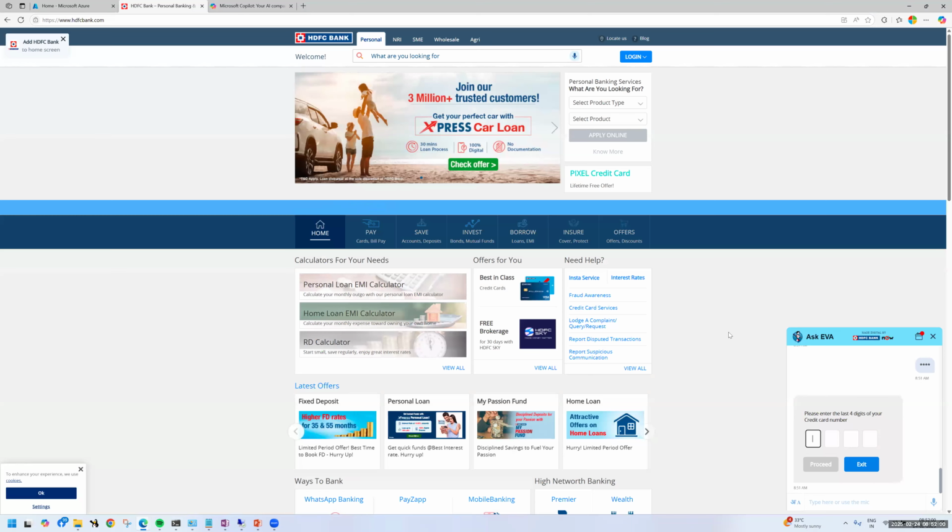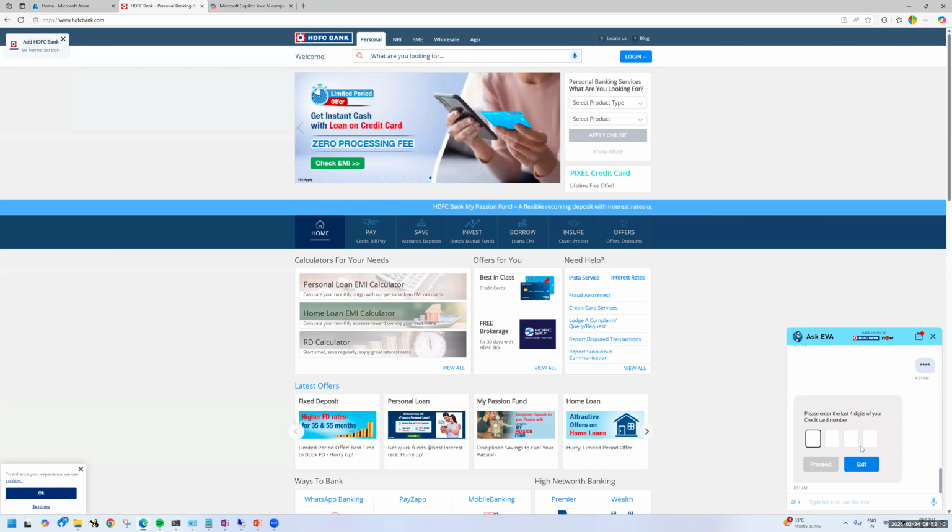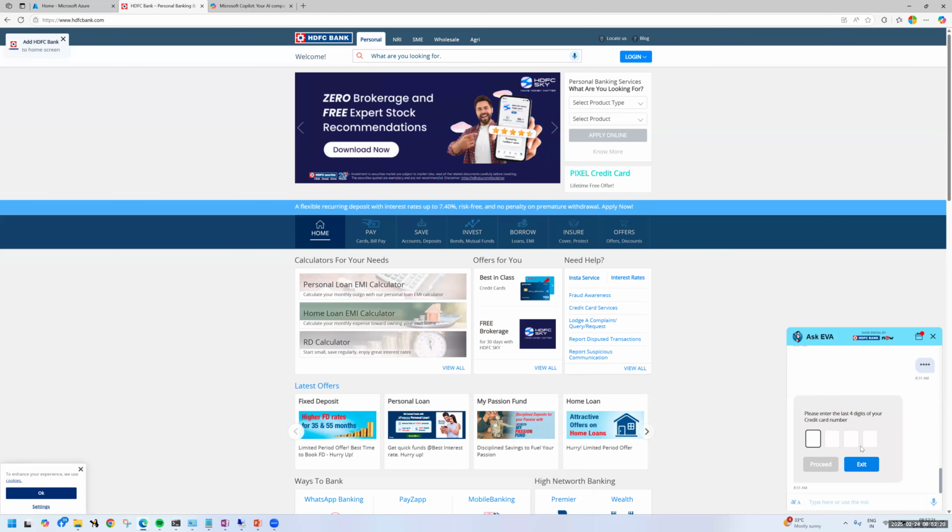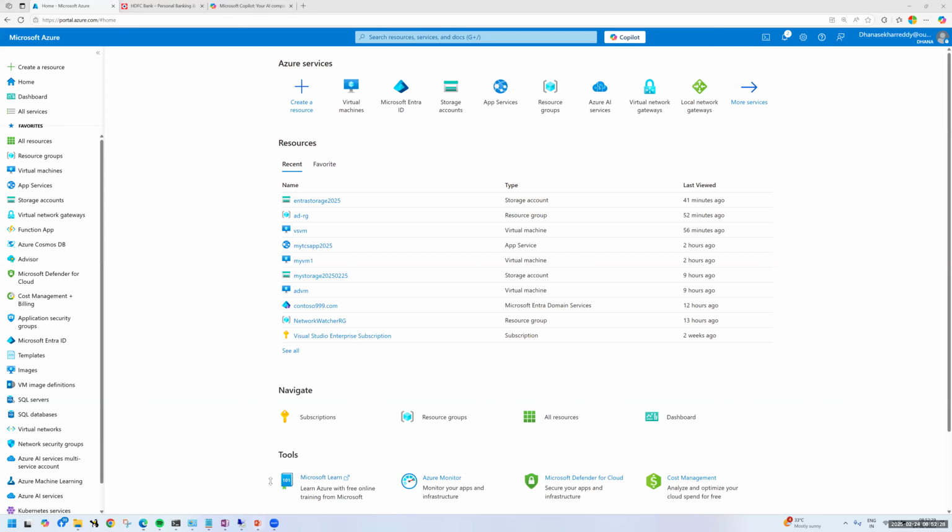Clear? So now you people tell me, do you need to call customer care to get all this information? No. If you have the application in front of you, I can type the required information and get the information. A lot of time is saved. To connect to customer care itself, worst case, it will take 10 minutes. Here, within a minute, you are able to receive all the details. Clear, guys?